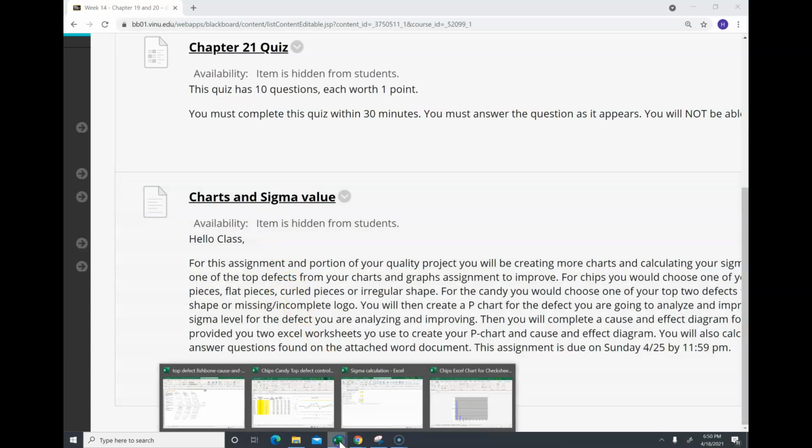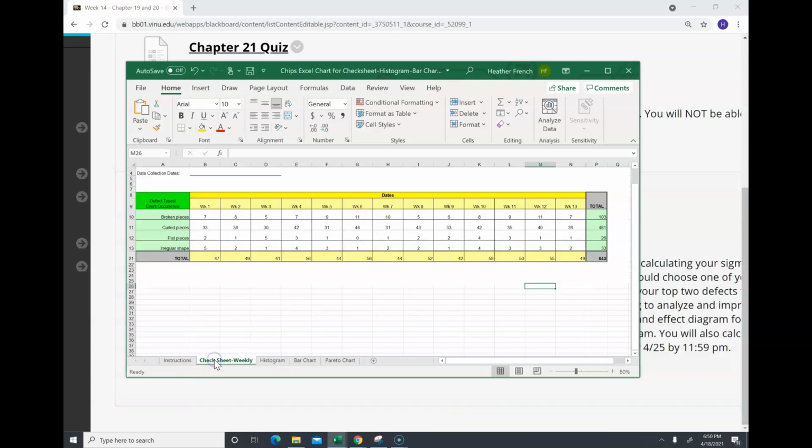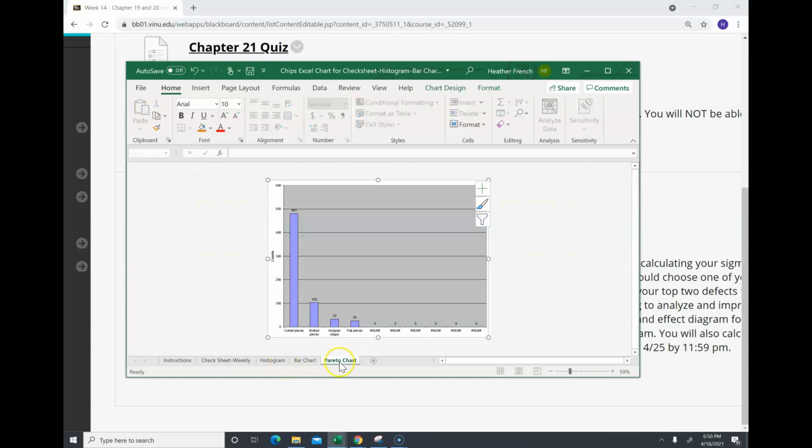So let's begin first by looking at last week. So last week, whenever you completed this assignment, you filled it in, and here's an example with the chips. You filled in all the information on the defects across the weeks. And when you went across to the Pareto chart, it clearly gave you what your top two defects were. In this case, it's curled pieces and broken pieces. I want you to choose one of these top two and then create the assignment based upon whichever one you choose. I'm going to go ahead and choose broken pieces because it's one of my top two,